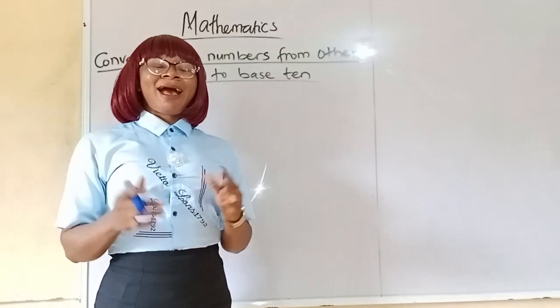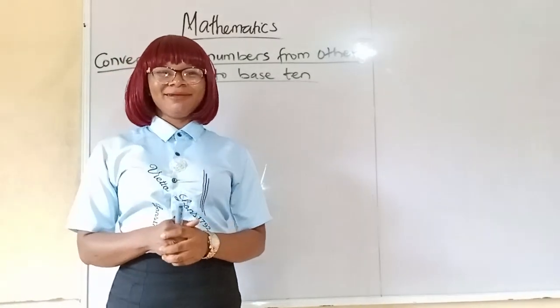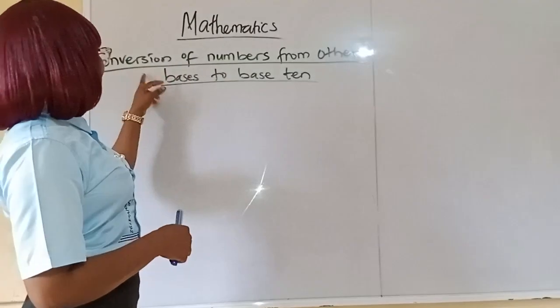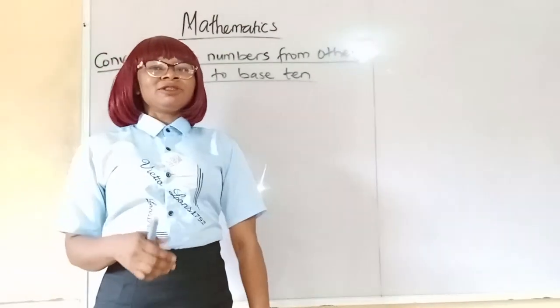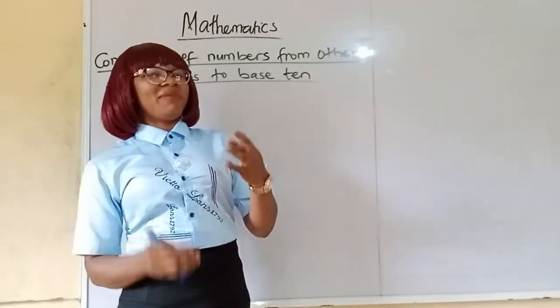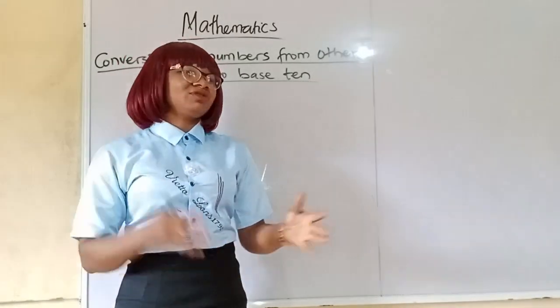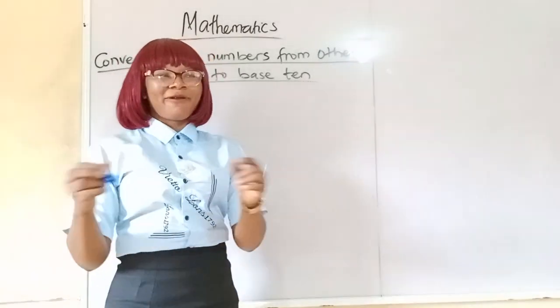Good. Another operation we want to look at is conversion of numbers from other bases to base 10. So let's look at how we can convert from base 3 to 10, 5 to 10, 2 to 10, and so on. For example,